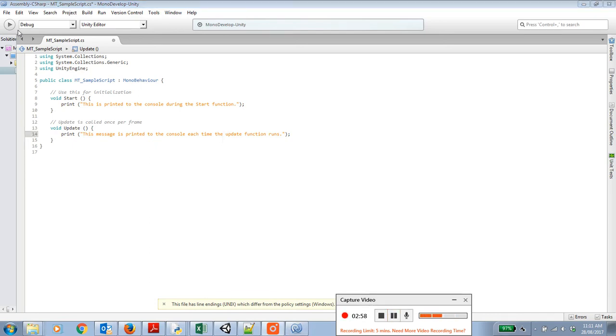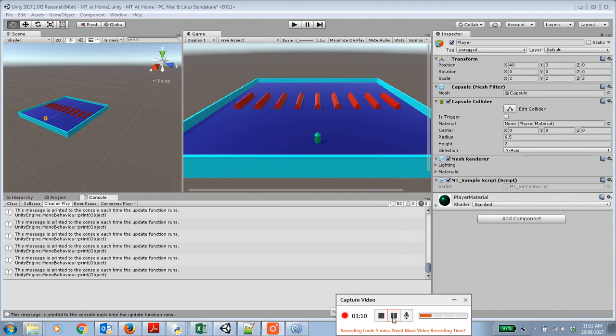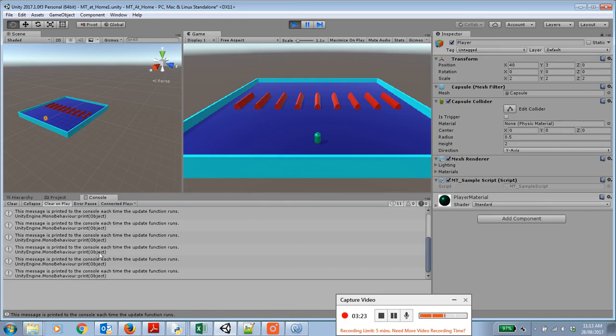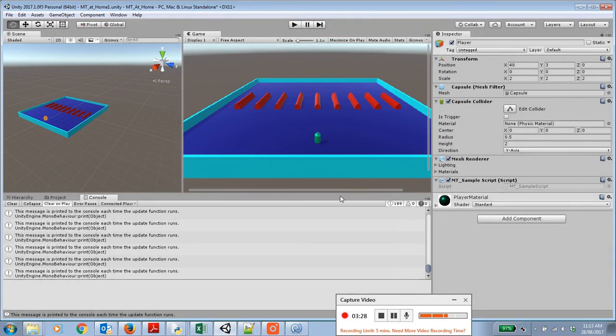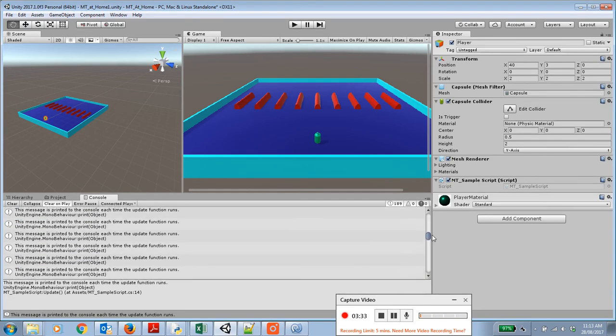In order to run this, I need to save the script. And then I can return back to my Unity project and play the project. Now, I make sure that I am displaying my console, and when I start my Unity project, when I click to play it, I will see down here a bunch of things are printed. Let me just stop the project, and I can see here in my console that